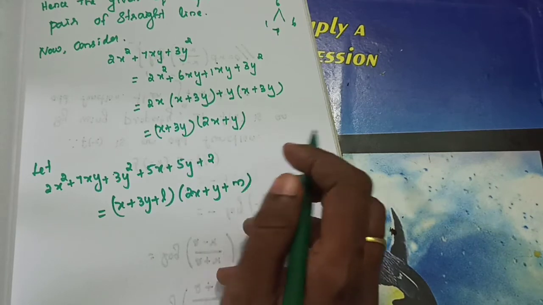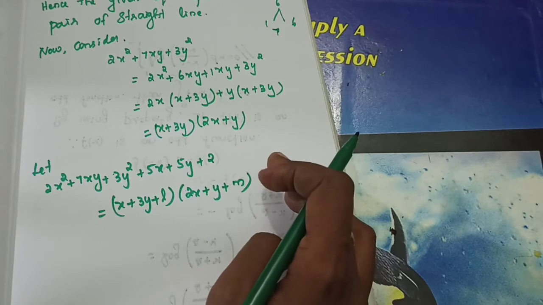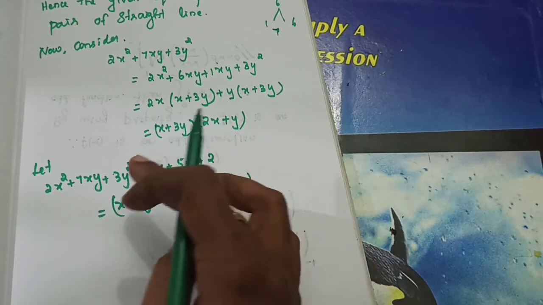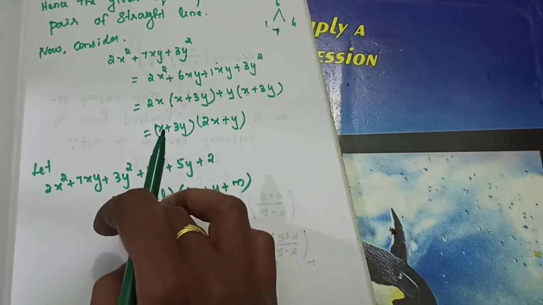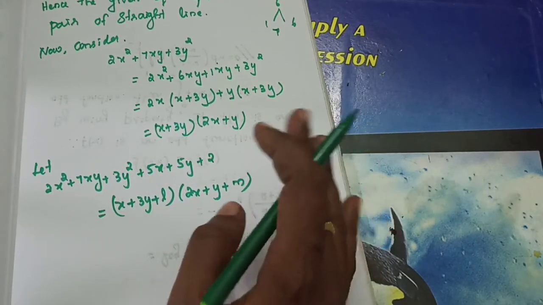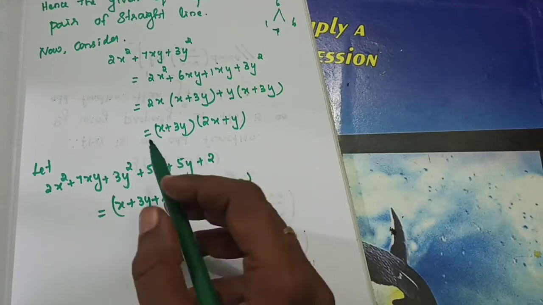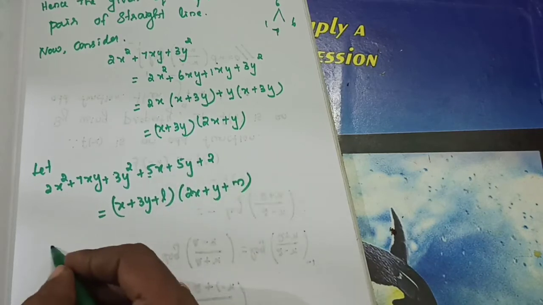Now you need to compare the equations. Understand? If you compare the coefficients of x and y, you will get the answer. Here you will feel it is difficult, is it right? What is the coefficient of x here? 5, is it right? So first you compare